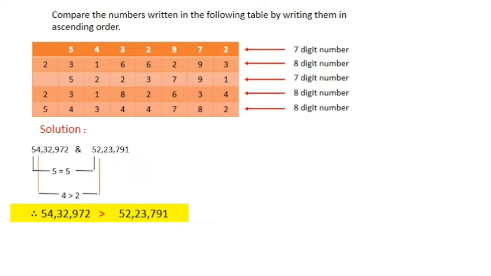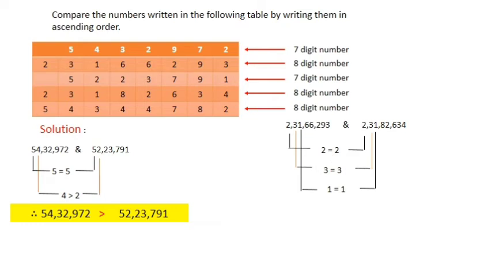So let us compare these two numbers. I'll write them down here. Now if you see, here is 2 crores, here 2 crores, which is the same. Come to the next place. Here is 3, and in this number it is also 3. That means they are also the same. Now let's come to the third digit from the left. Here it is 1, and the next number is also 1. They are again the same.